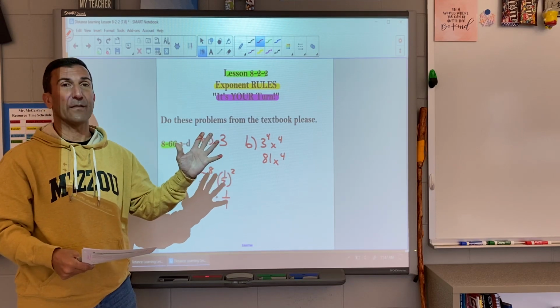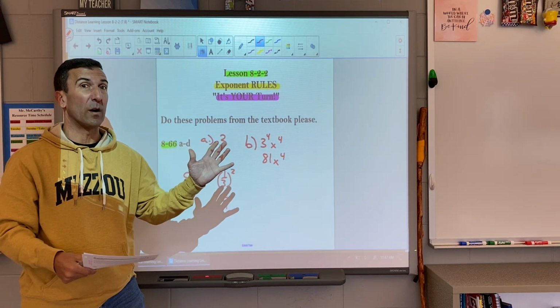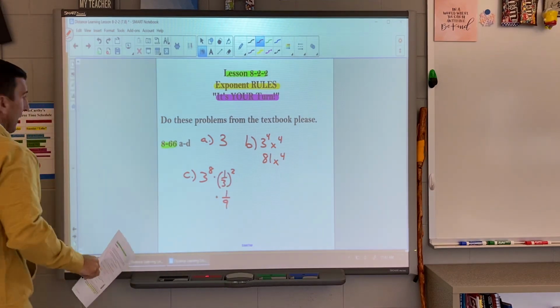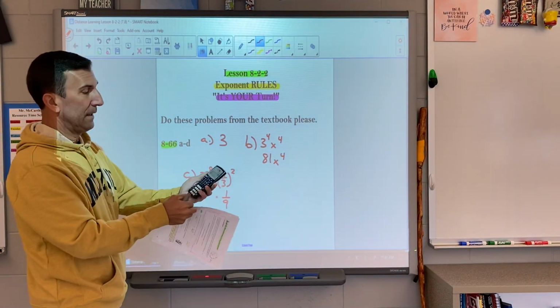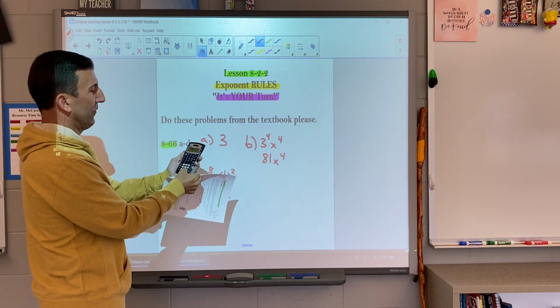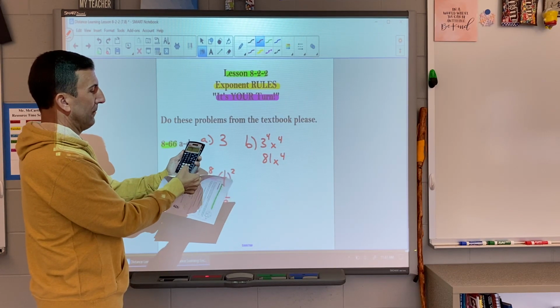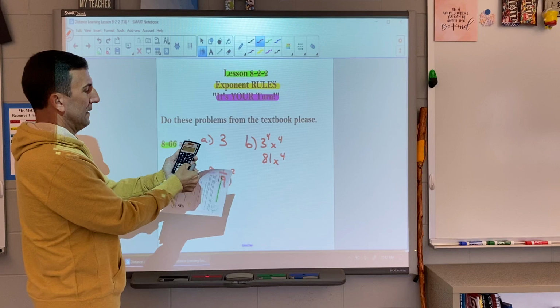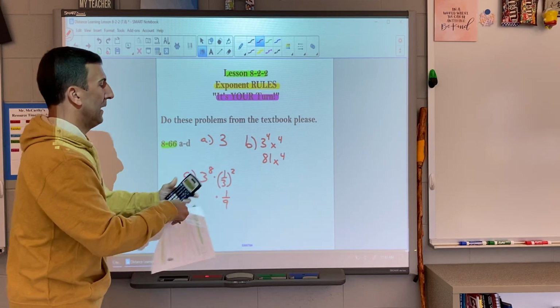Now, if you can't go past the 5, we still need 3 more. So 243 times 3, and then times 3, and then times 3, and you get